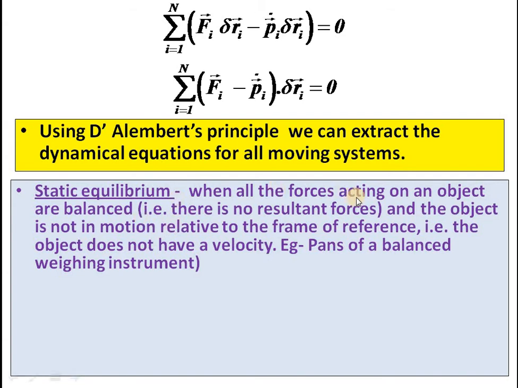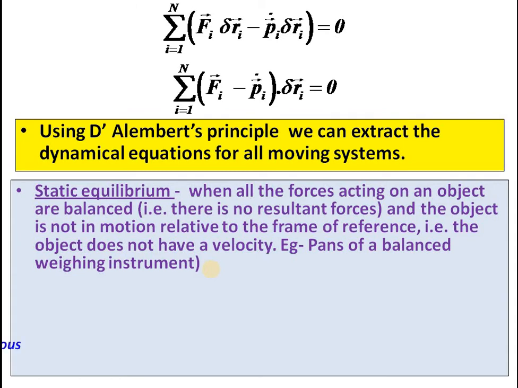When all the forces acting on an object are balanced, that is, there is no resultant force and the object is not in motion relative to a frame of reference, then we call the system to be in static equilibrium. Okay, an example is given: the pans of a balance. If the pans are in a balanced state, then there is no motion,